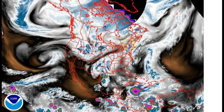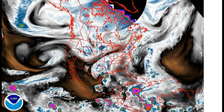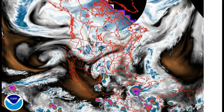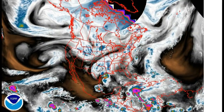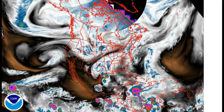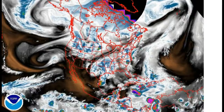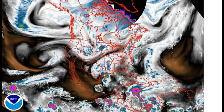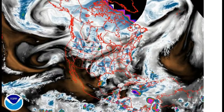So when we know this traffic cop, you can kind of understand what the pattern is. It's a very volatile pattern. It's one where you can easily spike up into the upper 80s to lower 90s for a day or two, or even 3 days to make it a heat wave. But then that quickly gets knocked back down with another trough and another round of near to slightly below normal temperatures. And I think we're going to be in this roller coaster back and forth through the entire summer, because